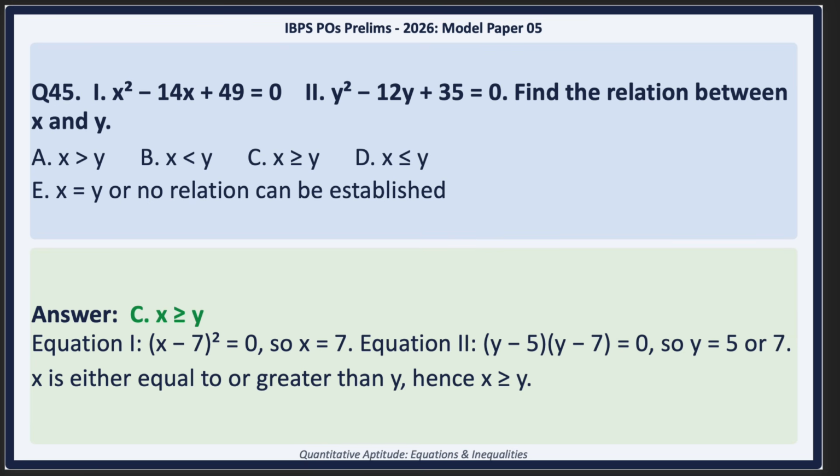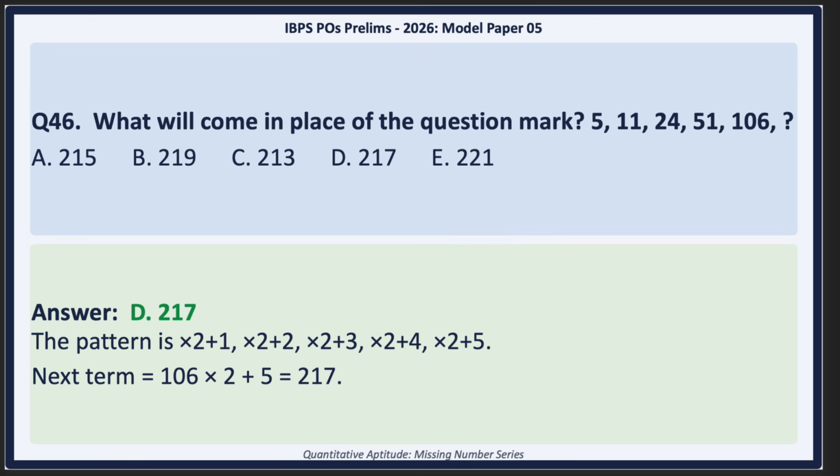Okay. Moving from algebra to number sequences, questions 46 through 50 ask us to find the missing number in a series. I always liken number series to trying to identify the rhythm in a song. That's a good way to look at it. You're waiting for the beat to drop so you know how to dance to it, but sometimes the rhythm just isn't obvious. And when you can't hear the rhythm immediately, the best thing you can do is look at the space between the notes. Find the mathematical differences between the numbers. I call writing out the differences the skeleton key to unlocking these puzzles.